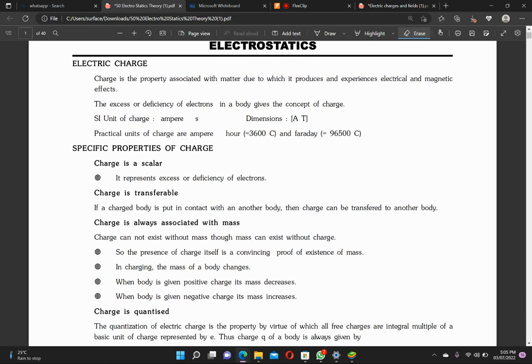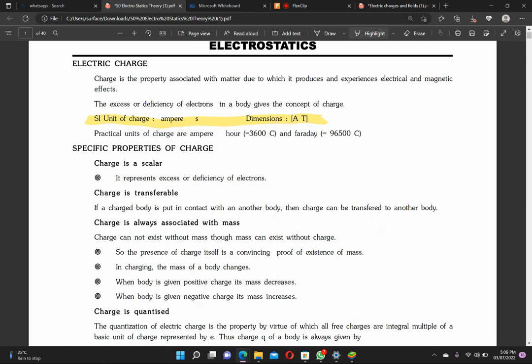Electric charge is the property associated with matter due to which it produces and experiences electrical force. No need to understand, just understand the SI unit of charge is nothing but ampere. Let me just draw. SI unit of charge is ampere, and the dimensions are AT. This is very important for your JEE. They can ask you dimensional formulas. And then in an hour, it is